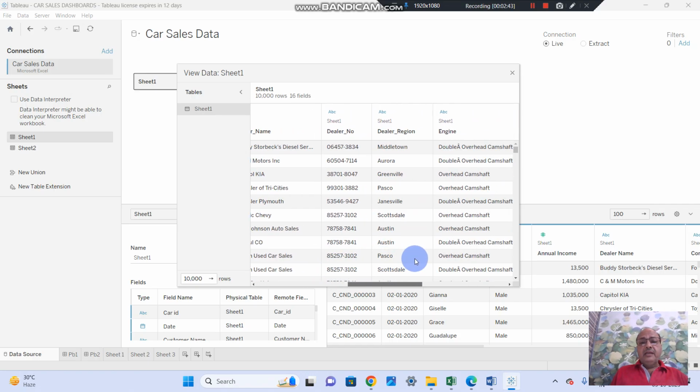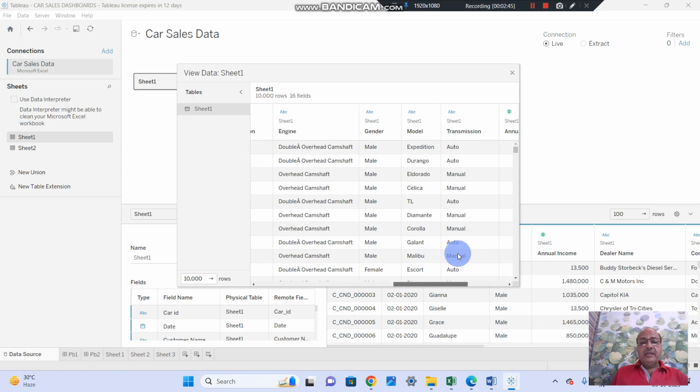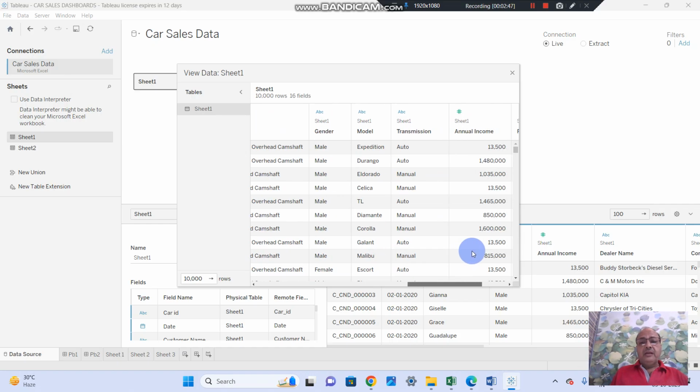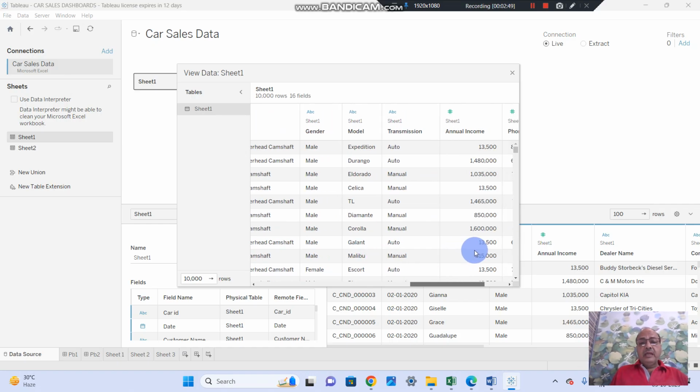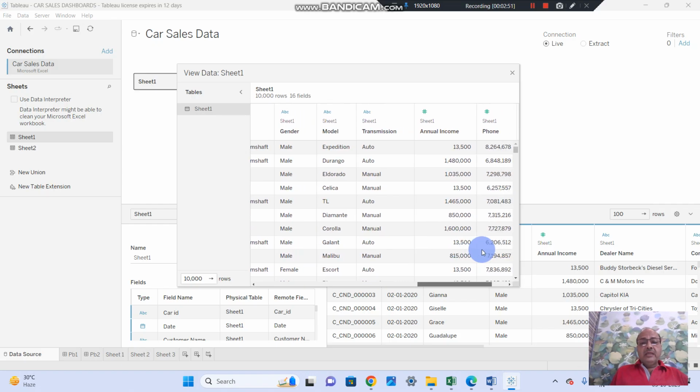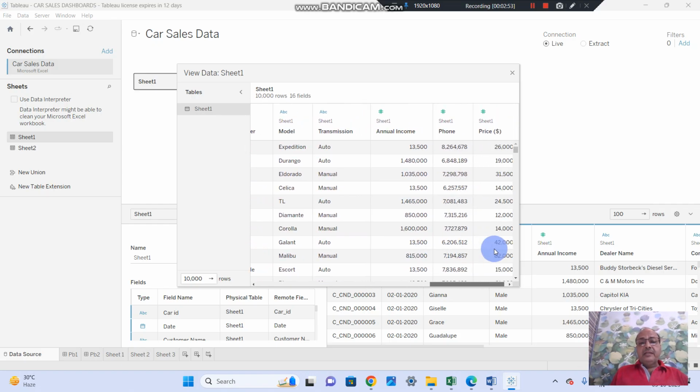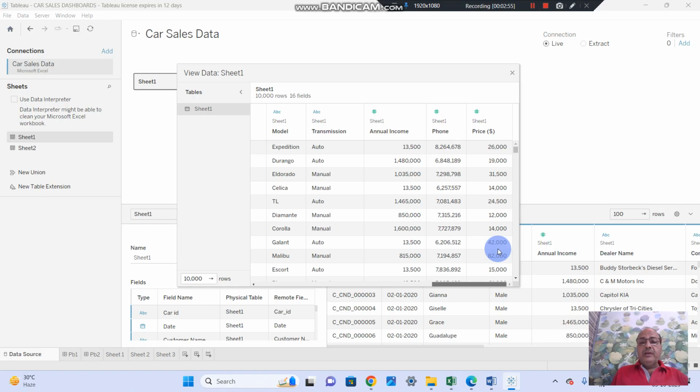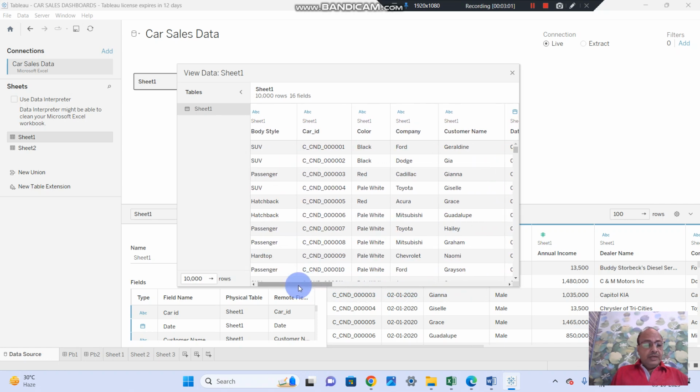Then the name of the dealer, dealer number, dealer region, the type of engine, gender, that is the gender of the purchaser, and then model, then transmission type, that is auto or manual, then annual income, then phone, and the price. So these are the fields. So let us go with the